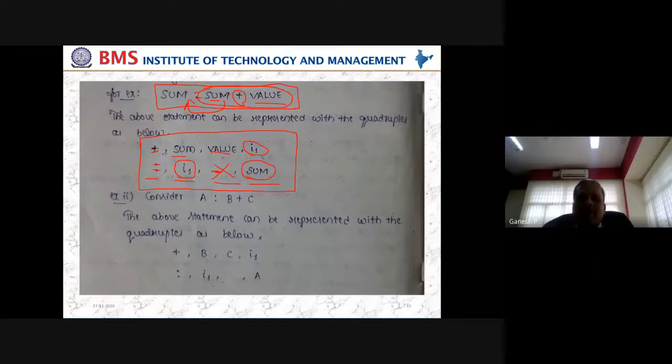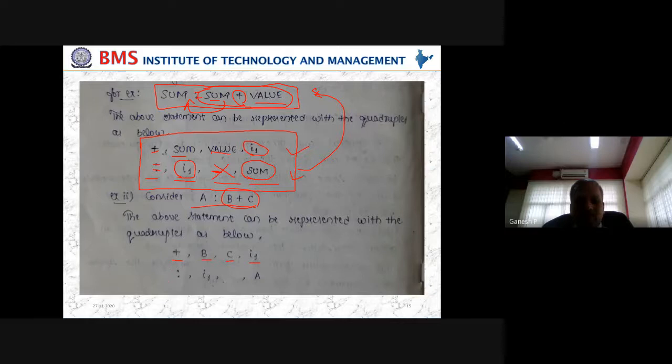So this is how the intermediate form exists for this given instruction, sum equal to sum plus value. Similarly, if you take A equal to B plus C, first we need to compute B plus C, then assign that to A, in similar fashion. So same thing: plus, B, C, I1, intermediate form.